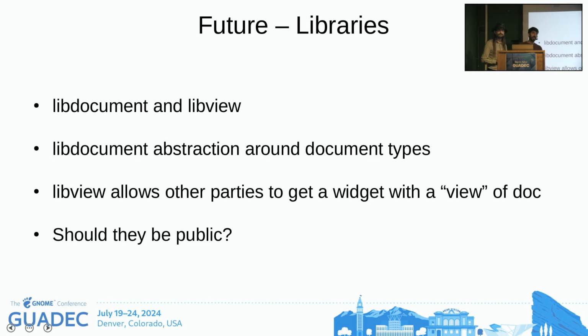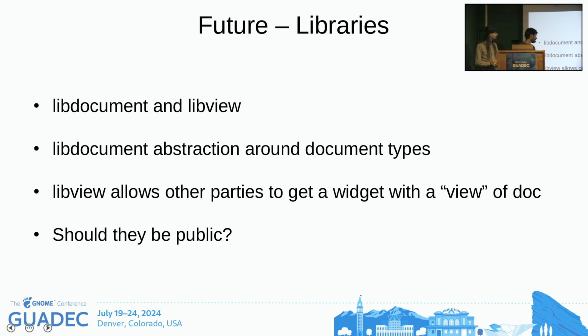Papers, same as Evince, is not just an application, but an application and two libraries, libdocument and libview. The first one, libdocument, is an abstraction around different document types, because papers and Evince can open like 15 different kinds of documents. I don't know, more than I have ever actually used.